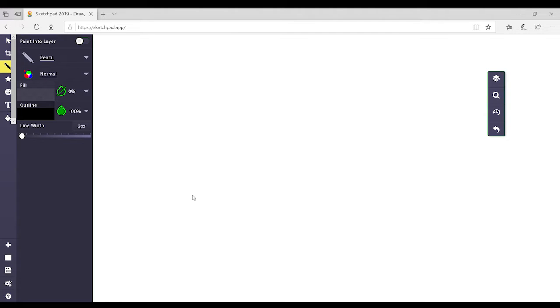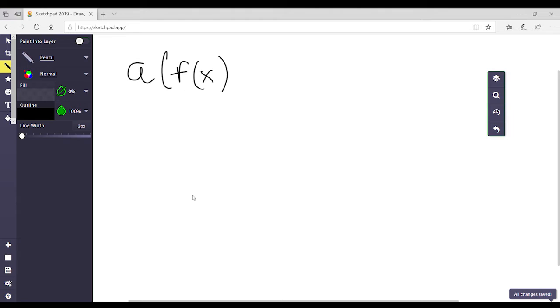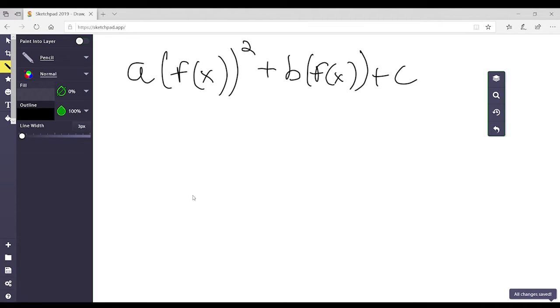Okay, so I wanted to talk about substitution in factoring polynomials. When you're factoring a polynomial, sometimes you'll come across this form: a f(x) squared plus b f(x) plus c. This is pretty much the same as any regular polynomial, but it will have f(x) instead. An example of this would be a sine of x squared